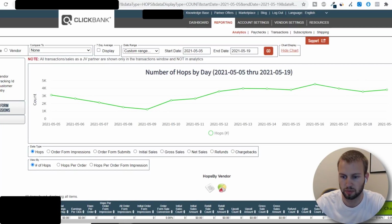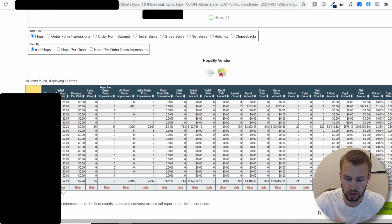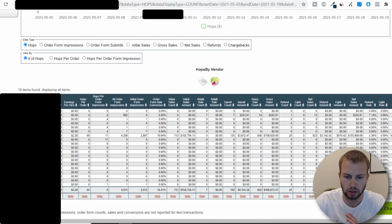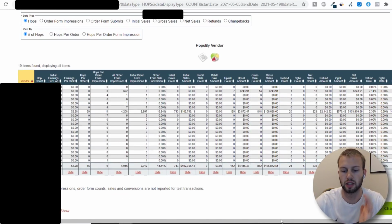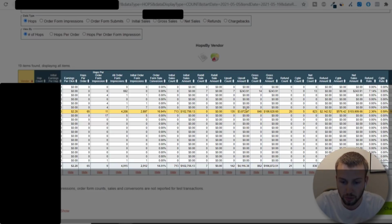Alrighty, so I'm going to have some of this stuff blurred out because I'm still running some campaigns and I don't want to give anything away, but I'm still going to show you everything. Okay, so from May 5th to the 19th, 14 days, these are the numbers that I generated using paid ads and affiliate marketing. So the initial sales amount for my main campaign was $102,000 and $3,800 more in upsells for a gross sales amount of